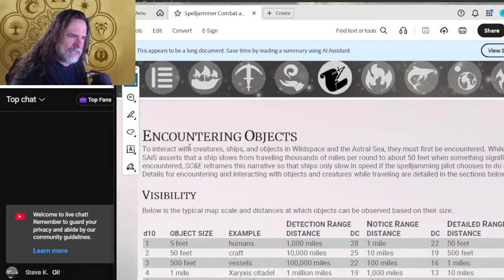Okay. SAIS asserts that a ship slows from traveling thousands of miles per round to about 50 feet when something significant is encountered. Spelljammer's Combat and Exploration reframes this narrative so that ships only slow in speed if the Spelljammer pilot chooses to do so. Details for encountering and interacting with objects and creatures while traveling are detailed in the section below,